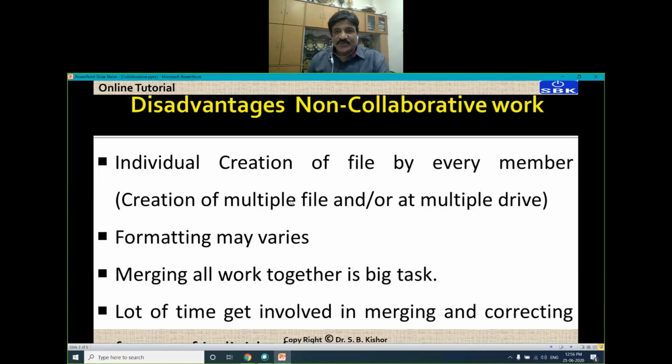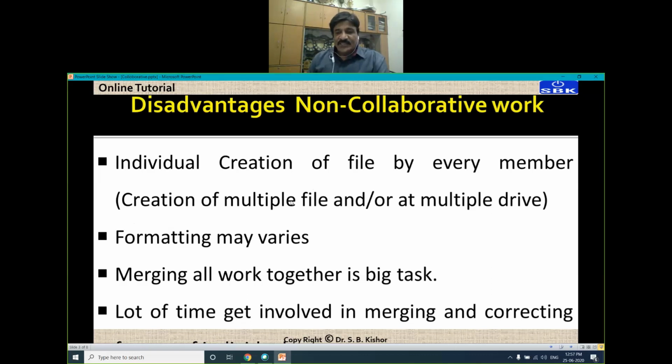Assume that you want to fill the internal marks of MSc first year, and there are 4 teachers who are supposed to fill these internal marks. So all the teachers are going to do what? It might be possible that they create individual files where they submit their individual marks. Later on, they may submit it to their respective head of department or in charge, who is supposed to look after this work.